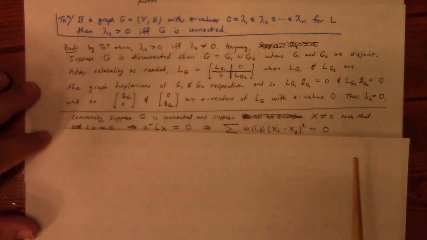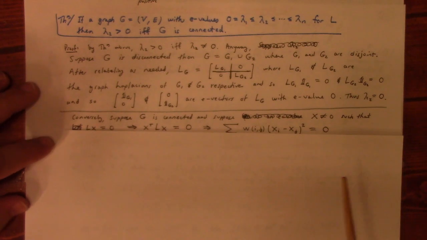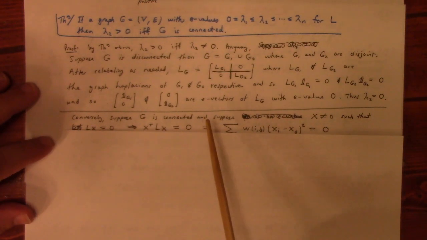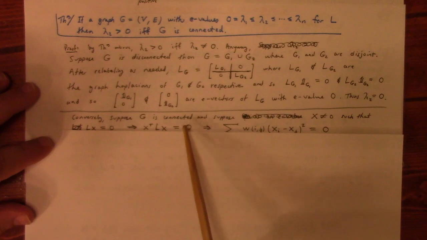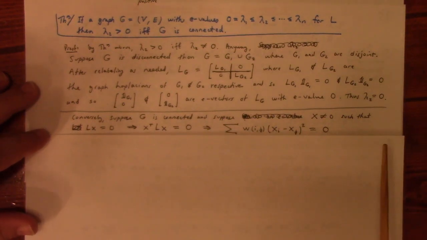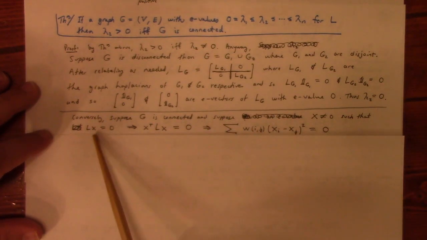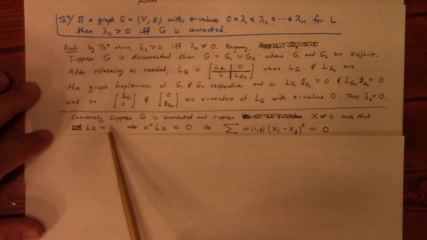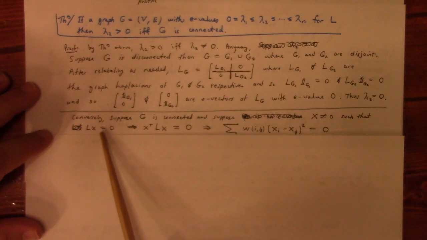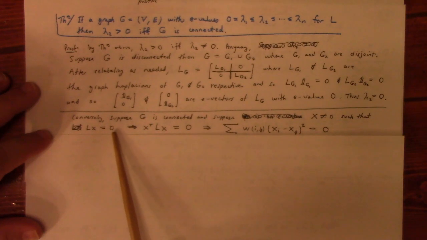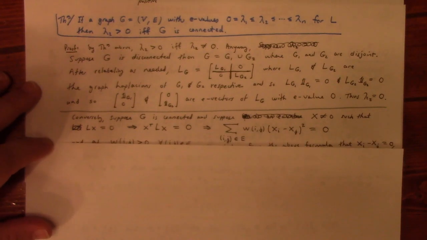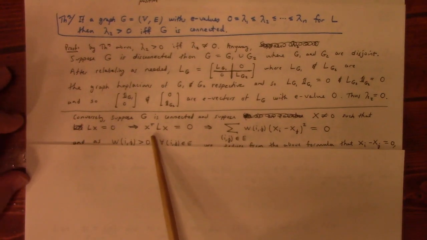So conversely, suppose G is connected, and suppose we have x not equal to 0 such that it's a 0 eigenvector. We'd like to force x to be the 1, 1, 1, 1 vector, up to a multiple. So here's how that goes. So x transpose Lx equals 0